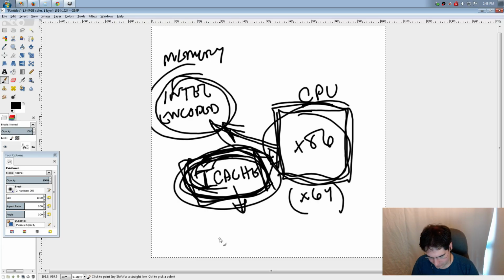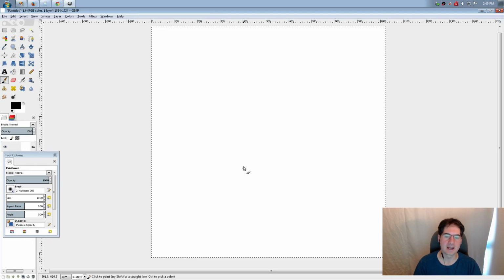Now, you may think that's complete minutia, that's uninteresting, and you never need to know it. I have actually seen times on projects where the iCache was the problem. I think I may have even created an iCache problem one time. On Bink 2, I did a bunch of stuff with code generation that later, on a certain platform, Fabian ended up having to optimize by just making the code smaller, because filling the iCache was actually a penalty. Don't quote me on that. Ask Fabian about it. But anyway, that's basically what happens with code.